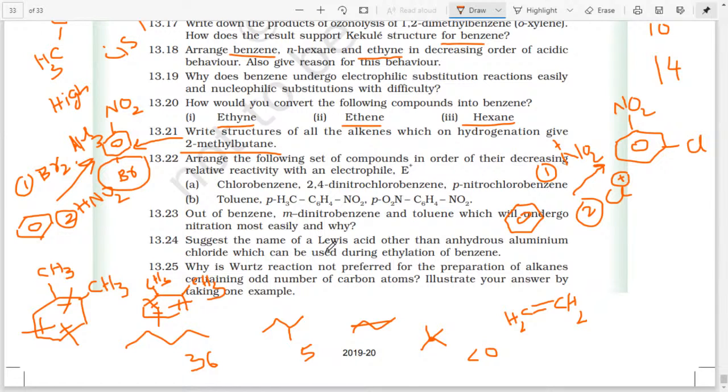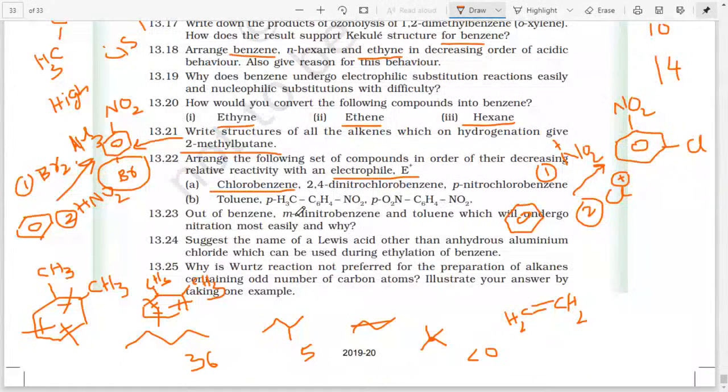Arrange the following set of compounds in order of their decreasing relative reactivity with an electrophile. Dear students, so the activating deactivating concept holds good here. Chlorobenzene, 2,4-dinitrochlorobenzene, para-nitrochlorobenzene. Chlorobenzene is relatively activating, so it easily undergoes electrophilic substitution. 2,4-dinitrochlorobenzene, yes, it is very tough to undergo this. Para-nitrochlorobenzene. So they are asking decreasing order, so you can write it like this: chlorobenzene, followed by para-nitrochlorobenzene, followed by